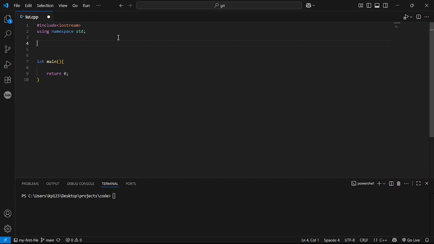We will be creating a class which can be named node, and as I've already told you, we will have two things in this class. We will have data, and then we will have a node pointer next. Now what does this node pointer mean? First of all, what this node pointer means,